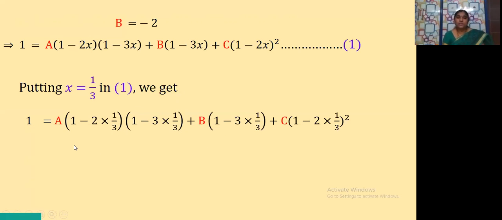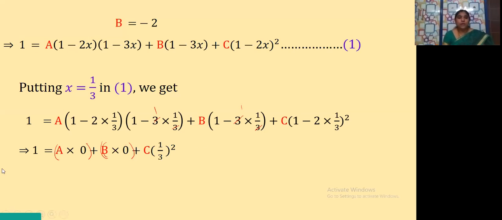So now what is the next step here? Let us cancel this 3 and 3, like what we did in the previous one. 3 ones are, how many times does it go? 1 time. Clear? So now let us see. 1 is equal to a into, this is 0 because 1 minus 1 is 0, plus b into, here also 1 minus 1 is 0, plus c into 1 minus 2 by 3. 1 minus 2 by 3 is how much? 3 ones are 3, 3 minus 2 is 1, that is 1 by 3 whole square. Okay. Now don't get confused, children, brackets are there here. That is a into 0, and here also plus b into 0. Clear?